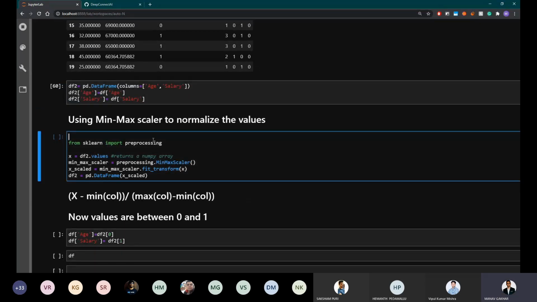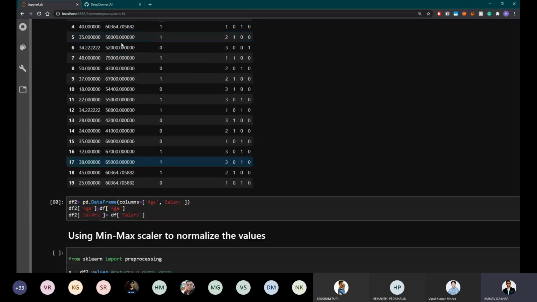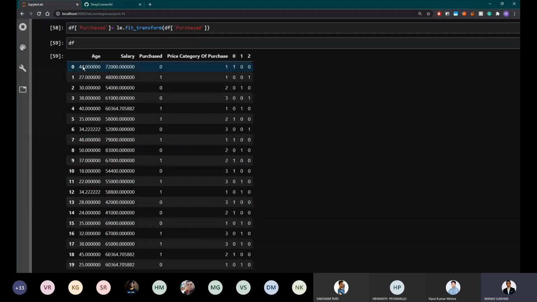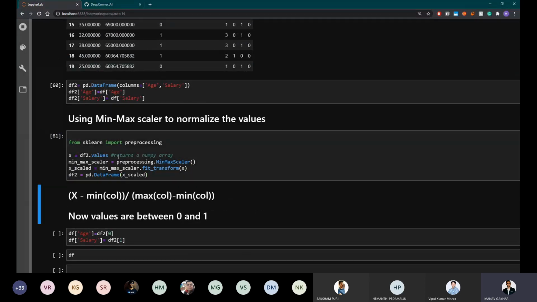Now, you can use a library for this. Again, another library, sklearn, and using preprocessing, you can directly use min-max scaler. But if you don't want to do this, you can just do it normally. So this is a column, right? What you will do is take every element, subtract the minimum from that element, and then divide it by the difference of the maximum and the minimum. I don't have enough time to explain it, but it basically gets the values between 0 and 1.